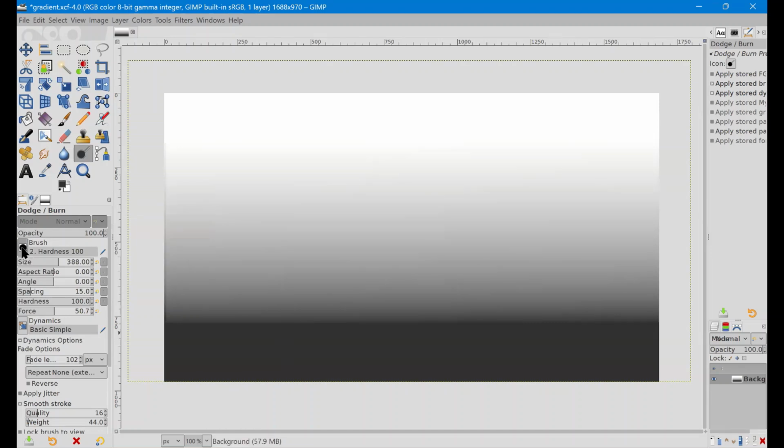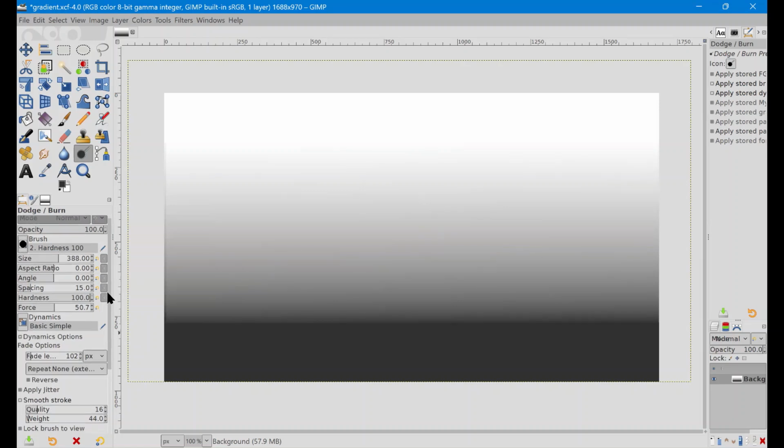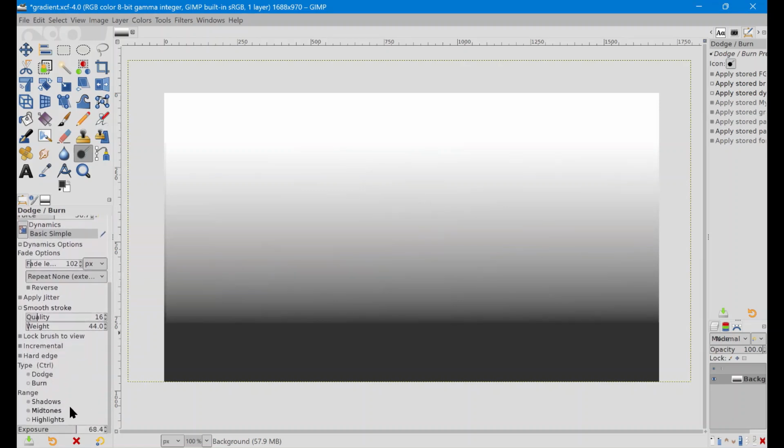I'm using a very hard brush. Normally, I use a very softer brush so that the effects of this are less noticeable, but I want you to notice this. Okay, so we've got a big brush with simple dynamics, and we are coming down to the bottom where we have the